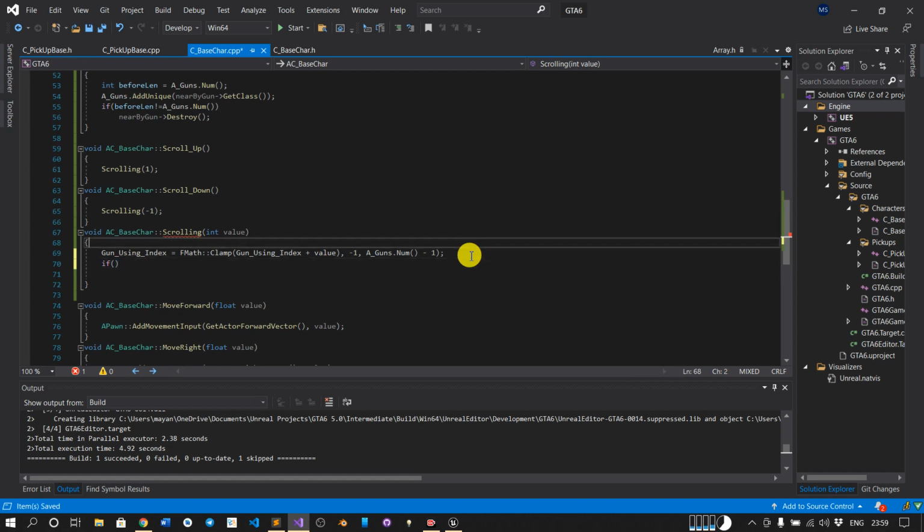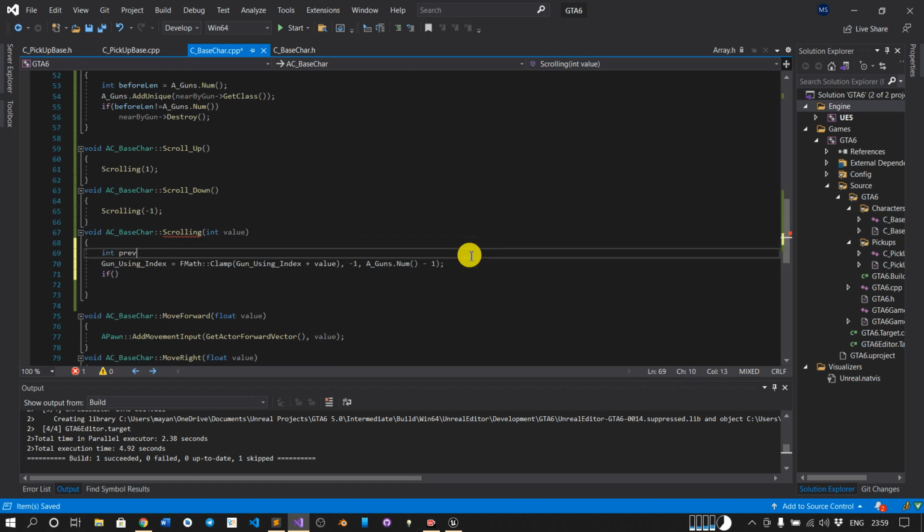Okay, let's do one more thing. Ref index. We will save our GunUsingIndex. Here we will check, like if I am scrolling up again and again, the value should remain -1, right?